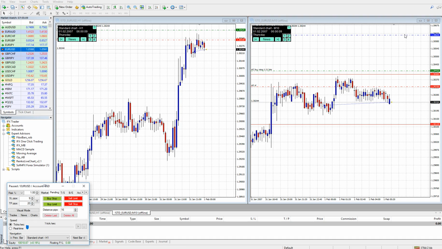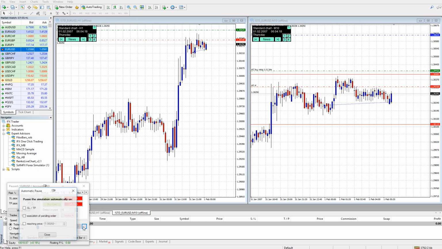Now a cool little thing with this simulator is that if the simulator is running for example on ticks per second or real time, I can actually get it to pause when a particular action occurs. So for example, if my pending order here is triggered, or if price reaches a particular level, or if a stop loss or a take profit has been hit. So what I can do is, if we just set that at a speed and press play, now what I can get it to do is